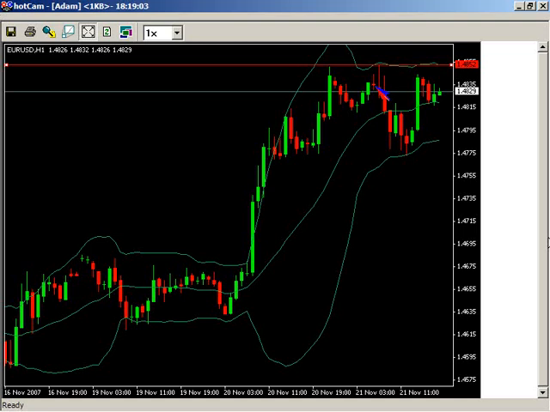So we're following a euro-dollar trade. We have a triple top pattern. We see at one point the market touches the upper Bollinger Band, but fails to cross above. Now we know the market's making a double top, possibly a triple top, 148.50. We're touching the upper band, but we're not making new highs. Great. Let's book in our profits. We made a ton of money, about 200 pips in that trade. We'll close the position, possibly even go short if you choose to do so, and wait for a better point